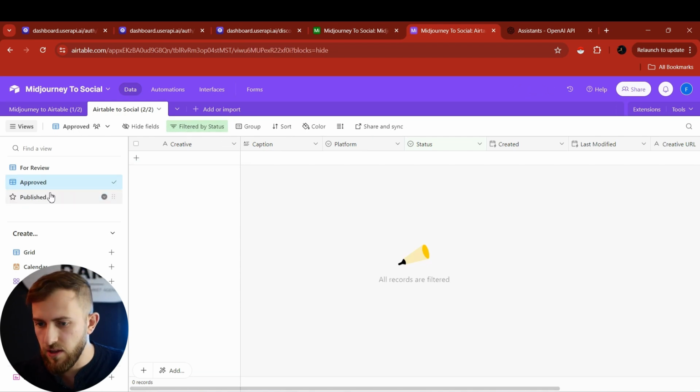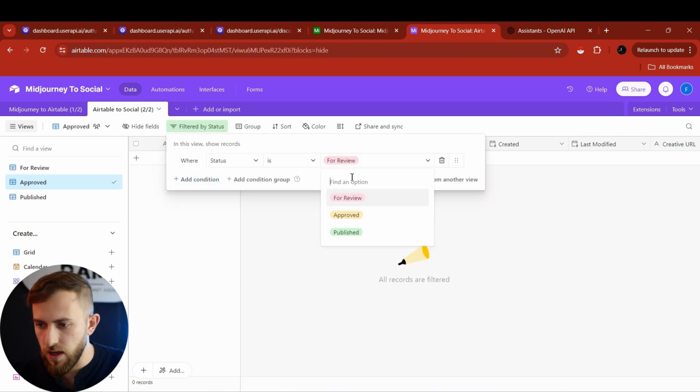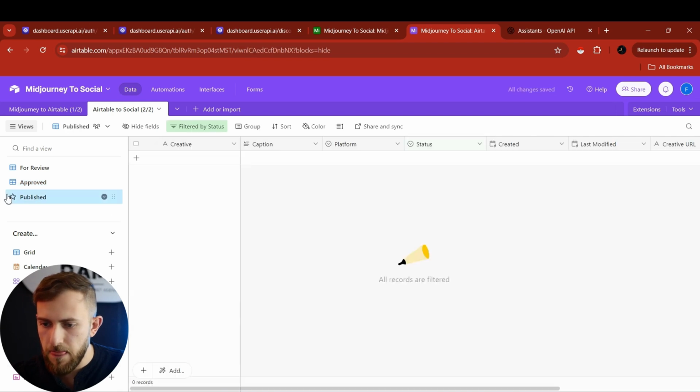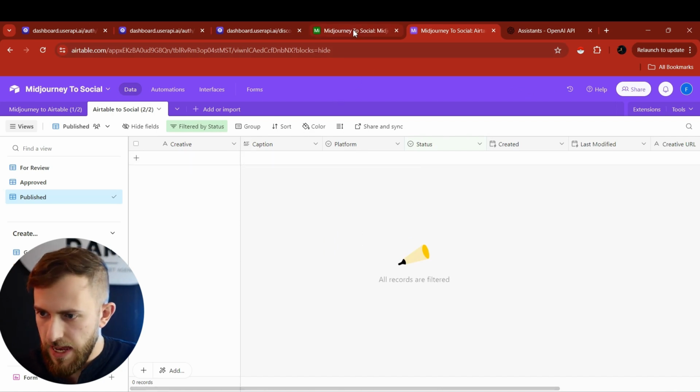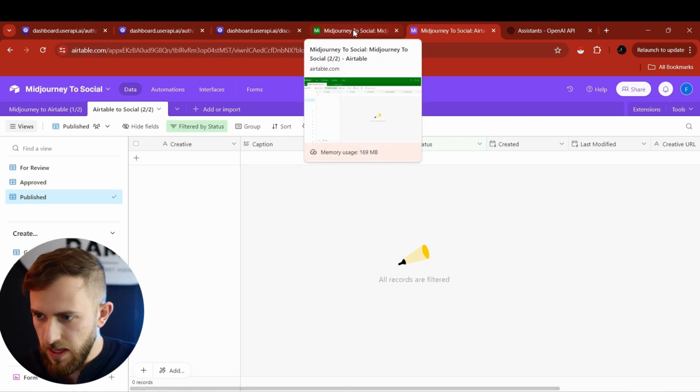And we're going to change the filter over here for approved, and we're going to change it to approved. And the last one, we're going to change it to published. Cool, so we're set with Airtable, and the next thing that we need to do is create